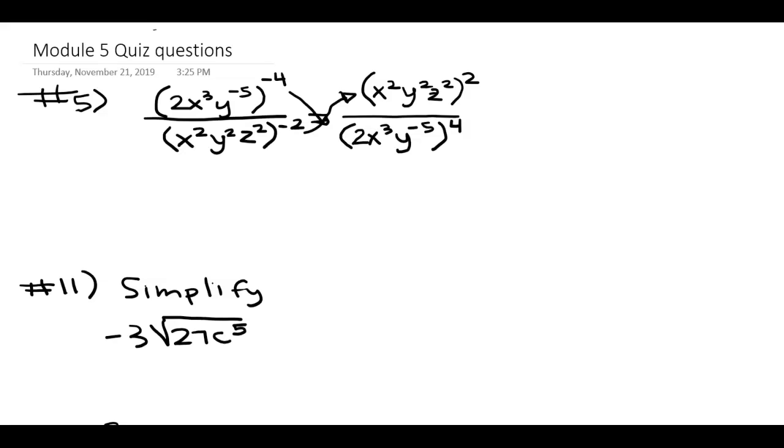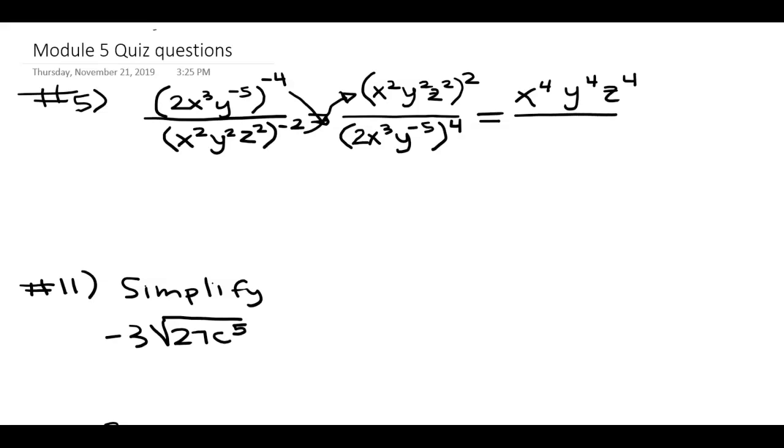All right, now that we have positive exponents, I'm going to distribute those through. Now, granted, you could have back here just distributed that negative exponent through to everyone, but usually it gets really messy the more negatives you have to deal with. So I suggest you don't distribute that negative through. So then the next thing, if I distribute the power of 2 through to the top, I'll get x to the fourth, y to the fourth, z to the fourth,